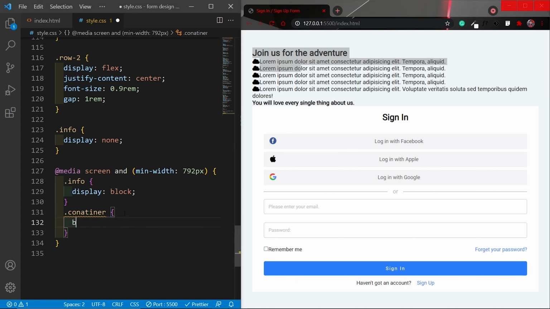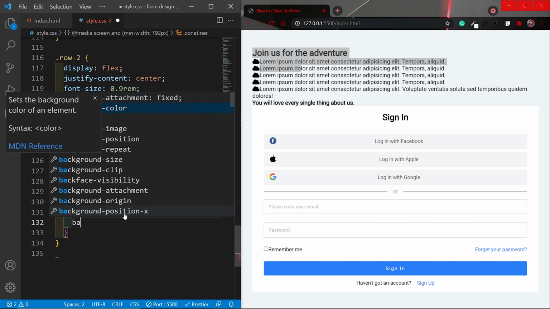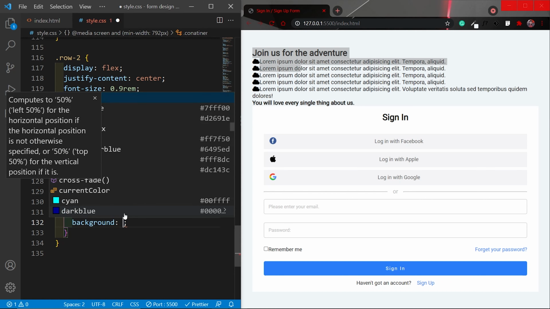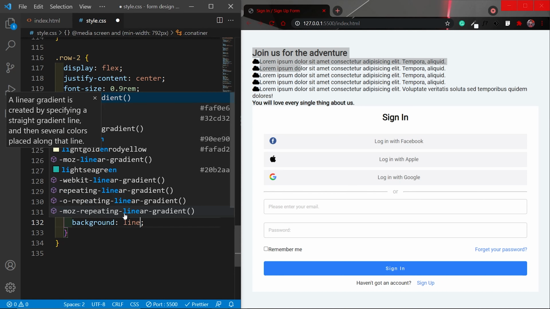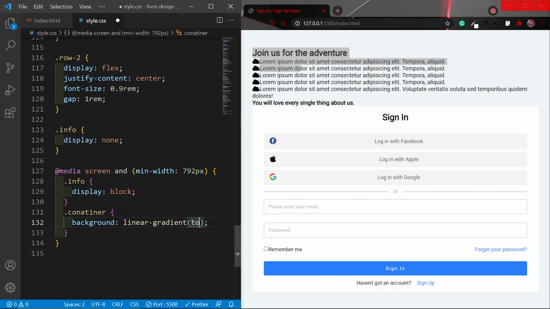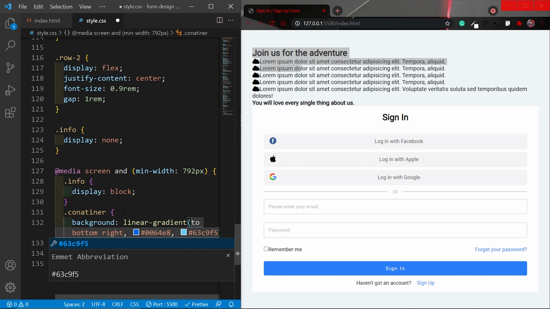And for the container, I will give it a background, and the background will be linear gradient. The direction will be towards bottom right. The two colors we're going to use are a dark shade of blue, which is 0064E8, and a light shade of blue, which is 63C9F5. And if I save,